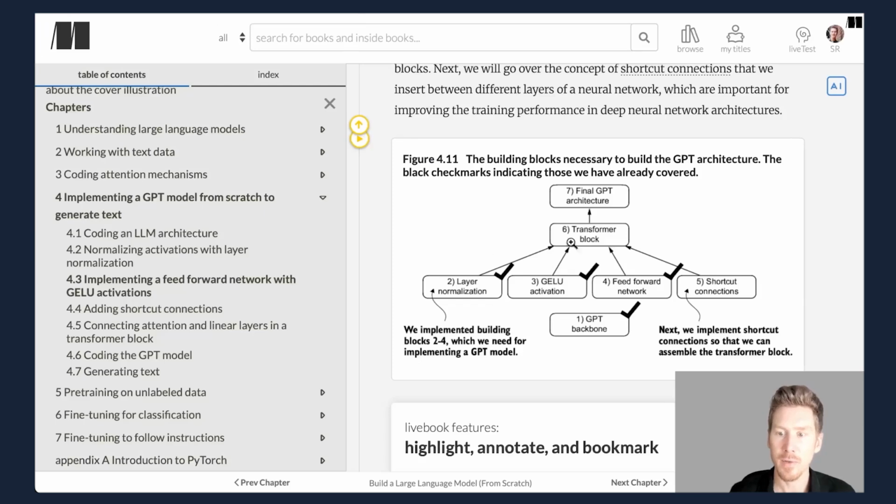So going into this figure here again, what we have done so far in this chapter is we coded the GPT backbone, like the placeholder architecture, and then we were filling in the blanks, the placeholders, for example, layer normalization, GELU activation, the feedforward module, and then also the shortcut connections in the previous section. Now we have all the building blocks here to code the transformer block, which is a very essential core part